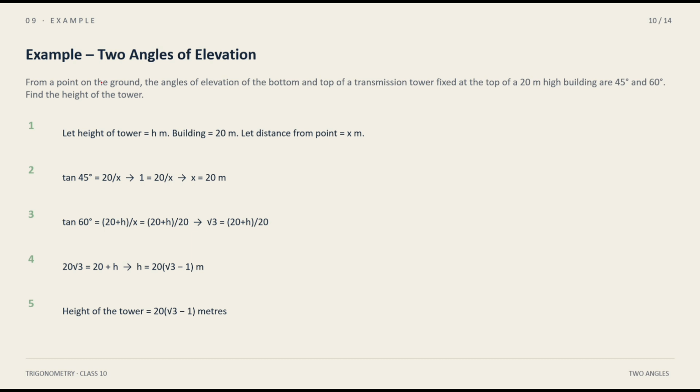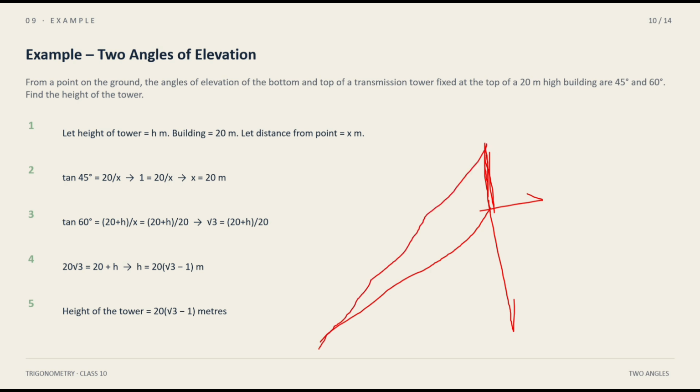Example, two angles of elevation. When the angles of elevation are two, from a point on the ground, the angle of elevation of the bottom and top of a transmission tower fixed at the top of a 20 meter building. Here is the example. Here is a transmission tower on top of a building, and the angles of elevation are two, at the top of the transmission tower and the bottom of it. These are the two angles of elevation, and after knowing that we calculate the height of the tower